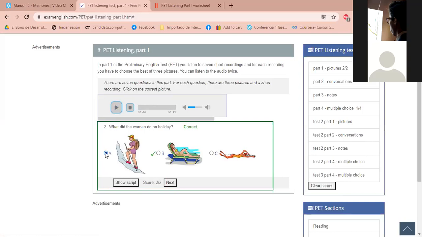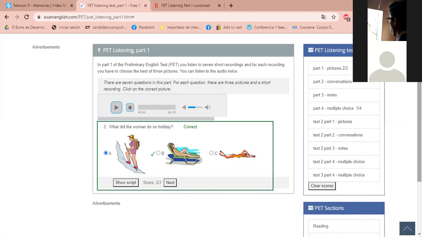Okay, pay attention to some specific details. How did you know that it was letter A? Jason, que ya regresó. How did you know that it was letter A? Because she said that climb the mountain, and I don't know, I hear that. Okay, you heard just the last part and it worked. But be very careful with the pronunciation.